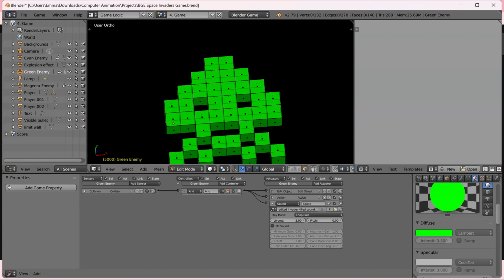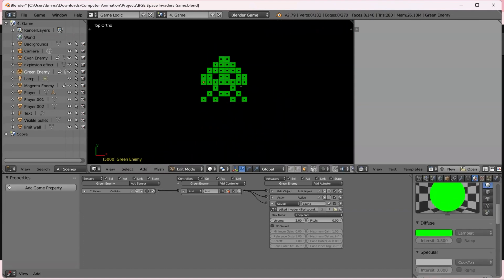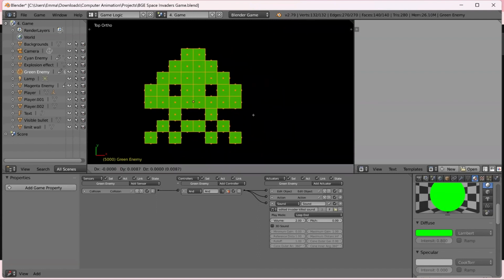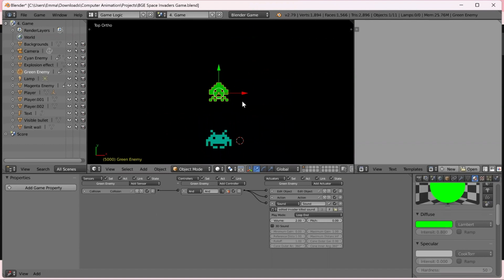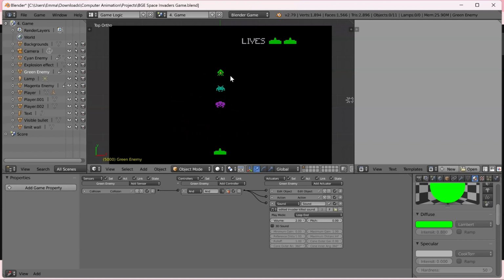Okay, so pretty sure we're done with our enemies, except that we have to fix this rotation point. The rotation point should be somewhat in this little circle, just so it's easier to see where you're supposed to go. But yeah, so we've created these, and I guess now we can go onto our point system, or we could